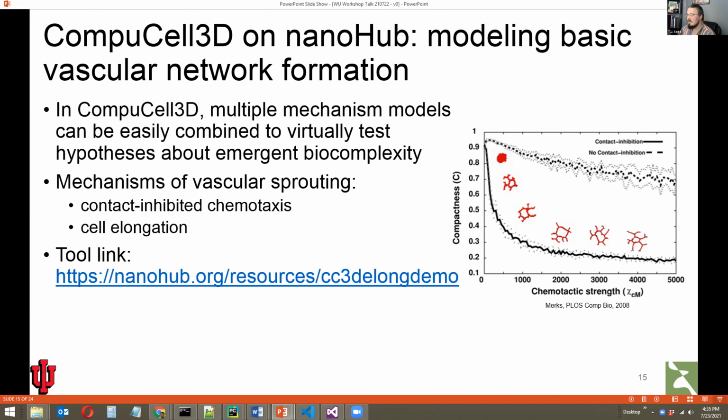In this case, Roland Merks and James Glazier and a few other members of the Biocomplexity Institute at the time were interested in the mechanisms of vascular network formation.